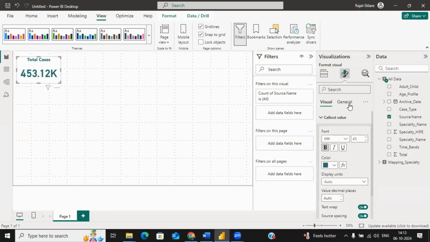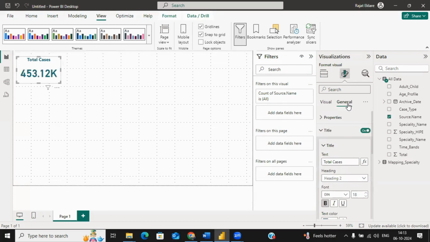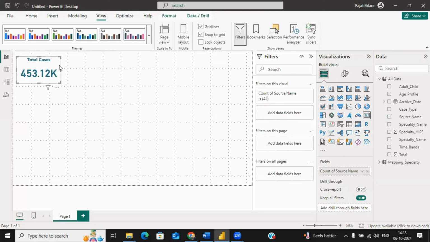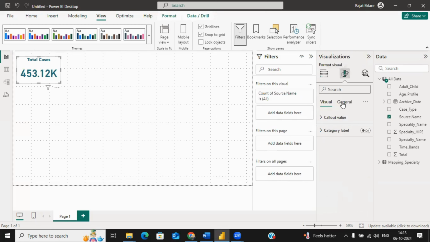Now the third thing which you can do for your visual is, see, there is no border for this particular visual, right? So you can create a border, you can create rounded corners so that it will look good. So how to do that? Just select your visual, go to format your visual option, click on